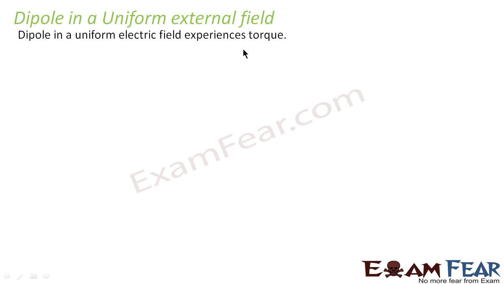Dipole in a uniform electric field experiences torque. Oh, so a new term arrived here. Torque. I am sure that all of you are aware of what is torque. Torque is nothing but force in rotational motion. That means it is kind of angular force. A force which is applied to an object at a certain angle that makes the object rotate itself. So this statement means to say that if a dipole is placed in a uniform electric field, torque will make it rotate. Is that possible? If yes, how? Let us see.